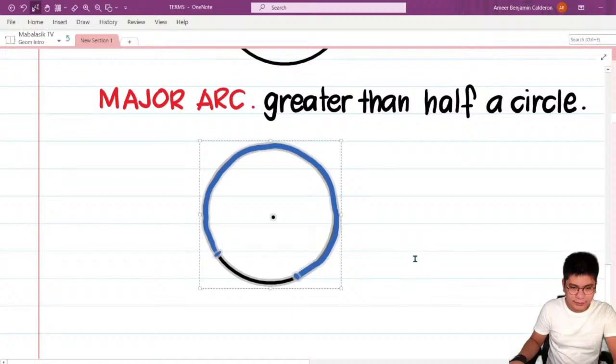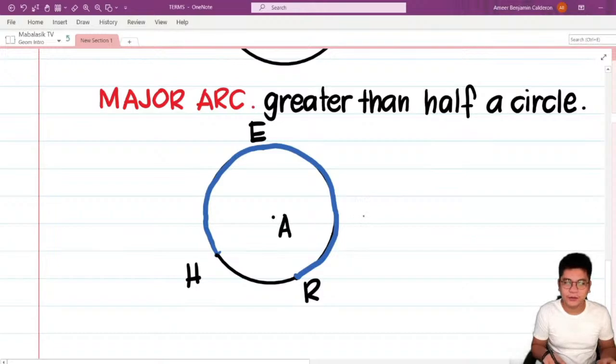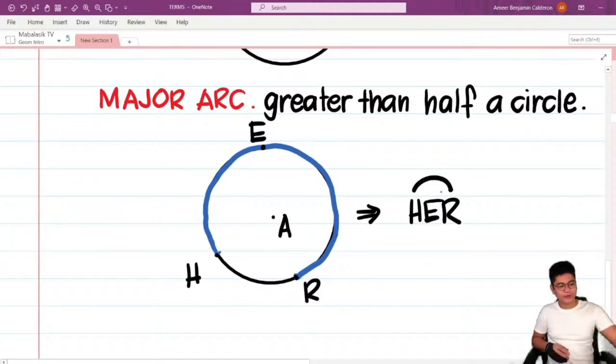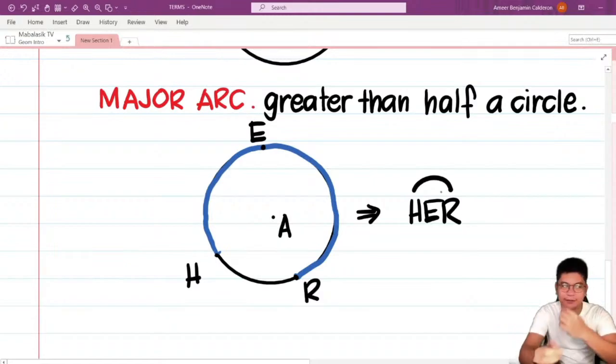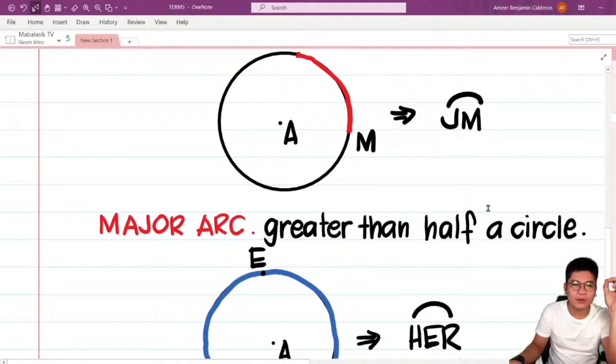Yan. So for example, again, this is circle A. This is, ano ba mga letters pa? H, E, and then R. So this is now major arc H, E, R. So if we are talking about arcs, then we just name the arcs using 2 letters